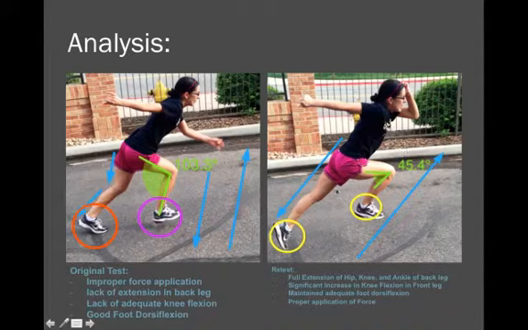She corrected the kinetic chain. As you can see, there's a straight line from ankle to shoulder. So any force being applied here is going to be able to transfer through the body and propel her forward without any real leaks in her kinetic chain. You can see her knee flexion increased significantly. So the angle decreased, but the knee flexion increased. And it's huge. It's huge.